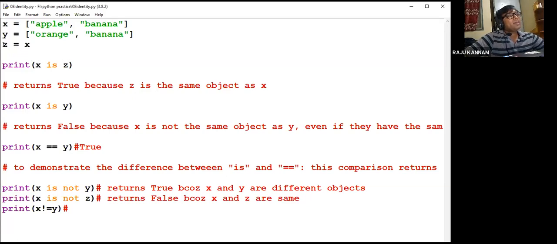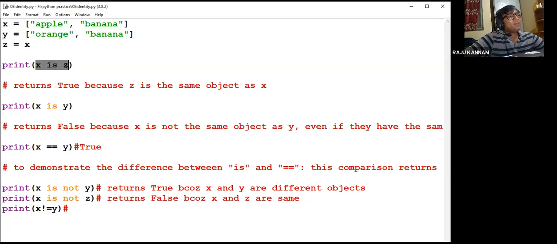Because we are giving Z equal to X, that means we have created Z object, but the operating system is not giving any resources for this Z. It is telling Z to use X resources only. That means X and Z both are using same resources, so X and Z both are same. We can tell both objects are same if they use same resources. So here X and Z both are using same resources.